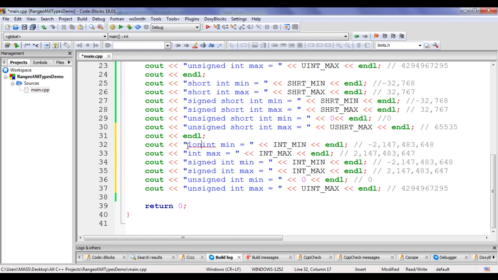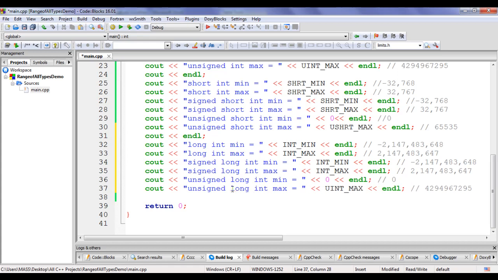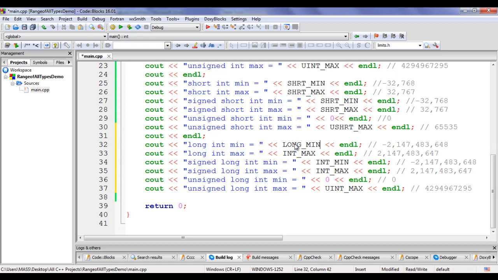Here I say long int min, here I say long int max, here I say signed long int min, here I say signed long int max, here I say unsigned long int min, here I say unsigned long int max. And we have LONG_MIN, we have LONG_MAX constants.